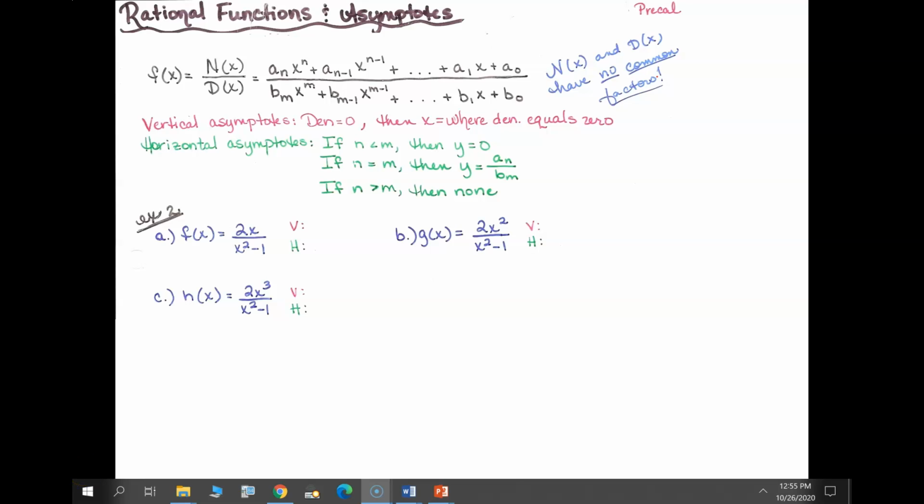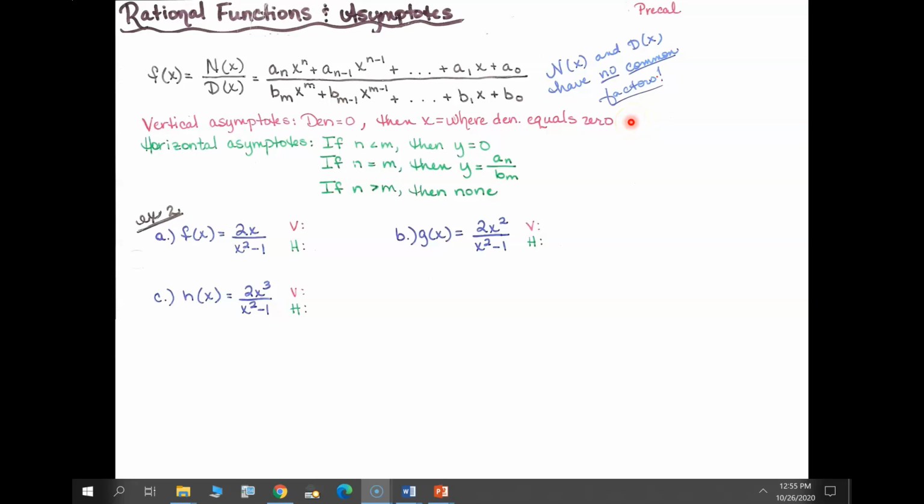We want to look at the graphs of rational functions, vertical asymptotes, horizontal asymptotes, and slant asymptotes. To begin with, if you have a rational function, we're talking about one polynomial divided by another. You want to make sure that you have no common factors in your numerator and denominator, nothing that would cancel top and bottom. So once you have eliminated any common factors, you can set your denominator equal to 0 to